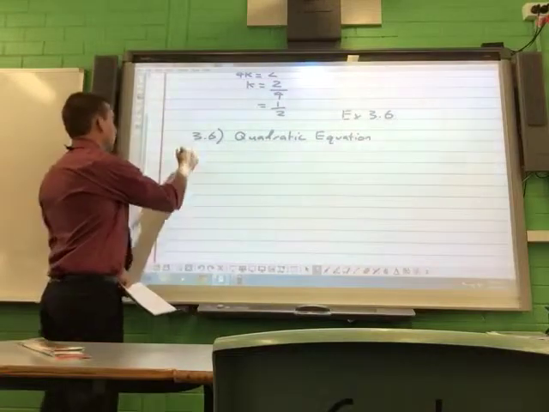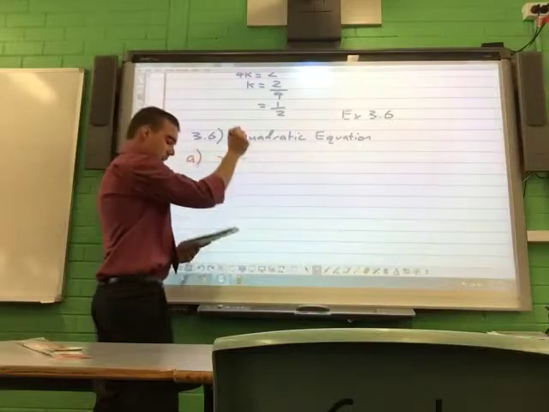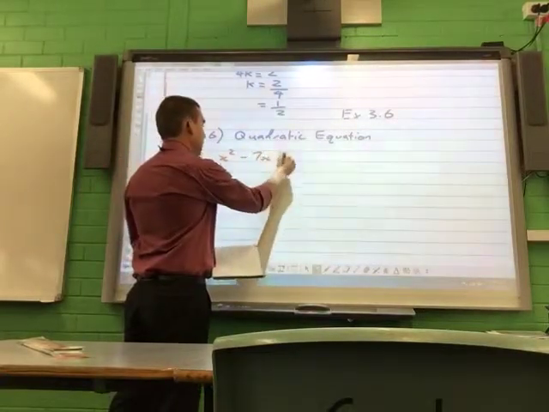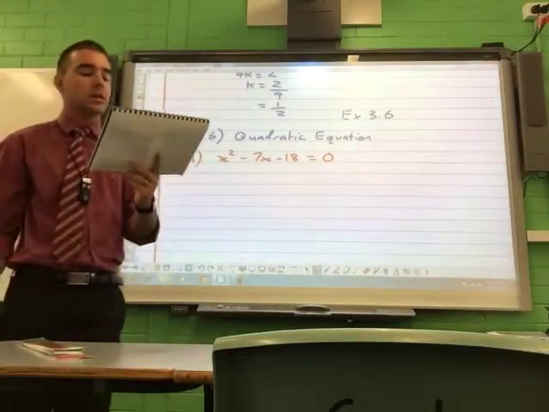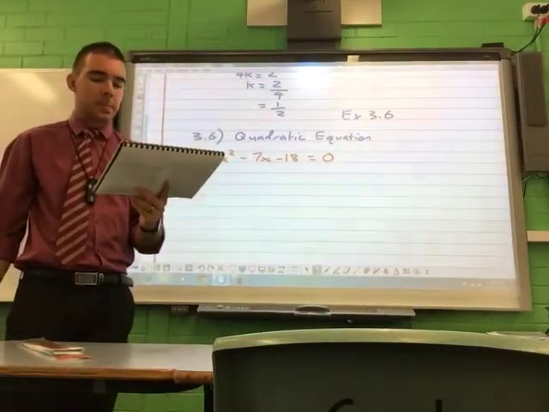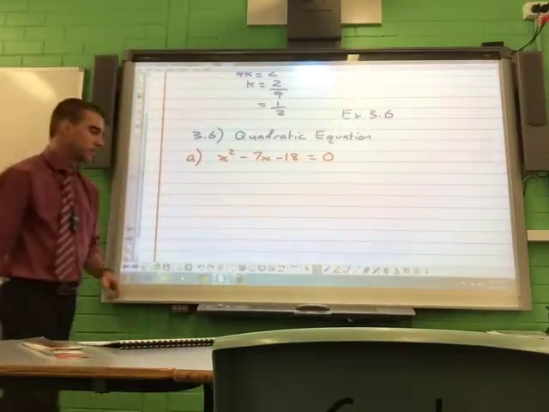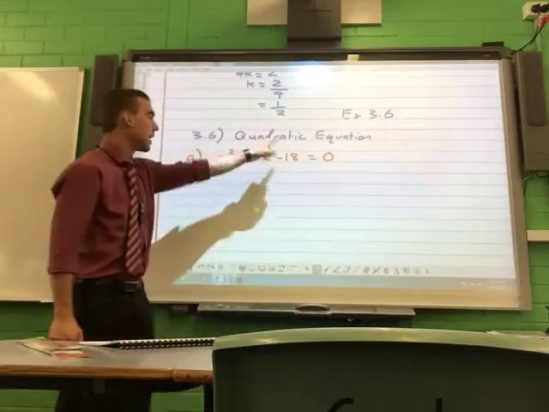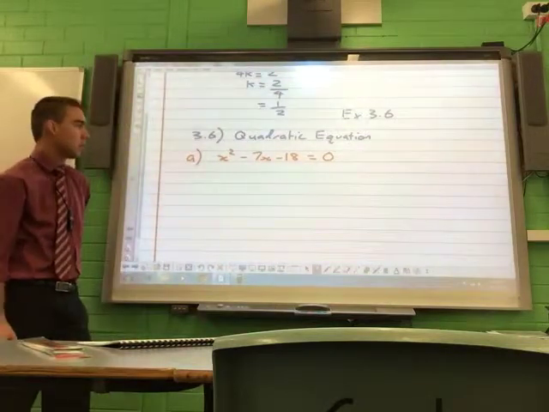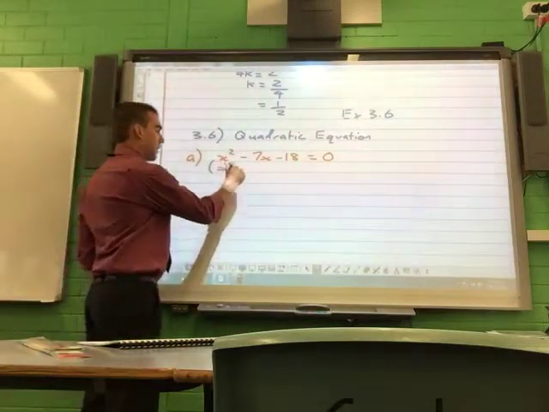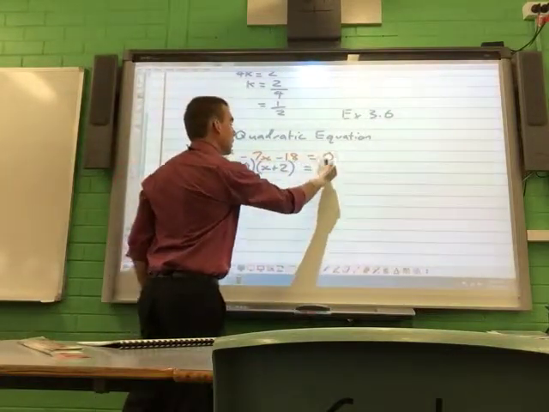Right, examples. Solve x squared, take away 7x, take away 18, equals 0. So the first method we're looking at is factorisation. You all should be able to factorise the quadratic using your rules. Two numbers multiply to give negative 18, and the same two numbers add to give negative 7. Okay, so (x minus 9)